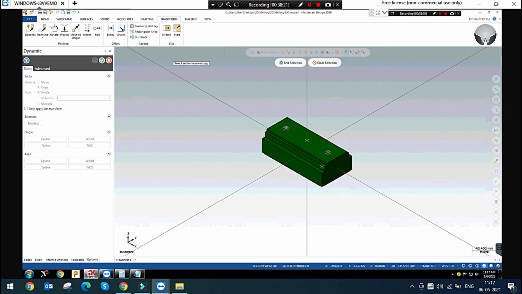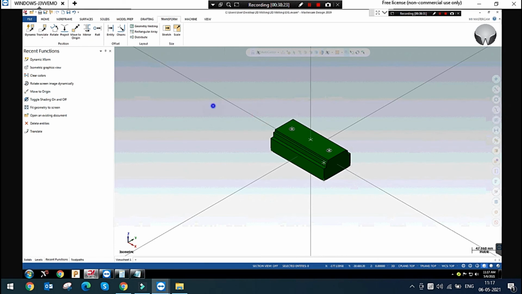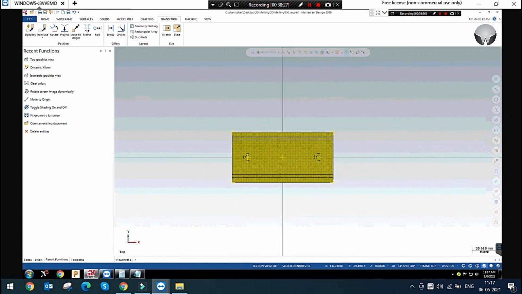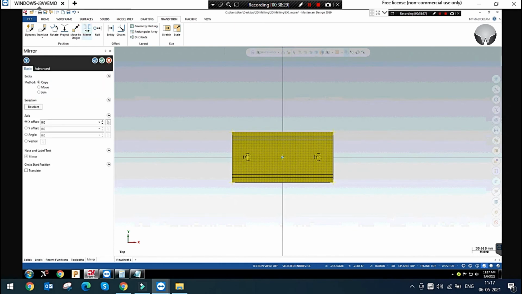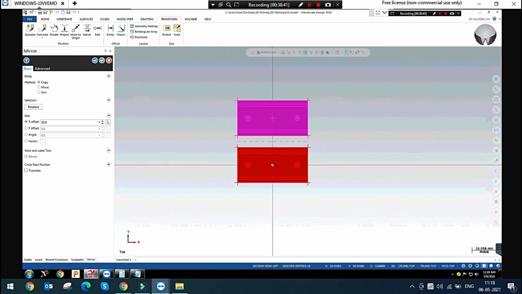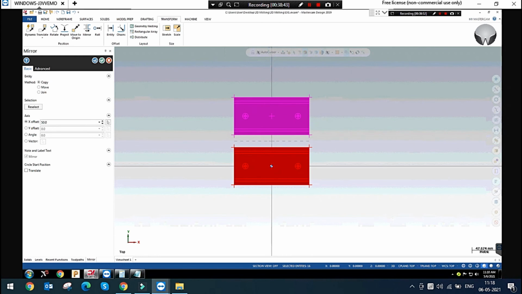Yes, and next you can mirror the component. I'm just using the mirror. So mirror about x-axis, how many distances? You can see it has been mirrored. I'm just giving 50 mm. You can see, brother, from the center point the distance is 50 mm, and it will mirror the component.